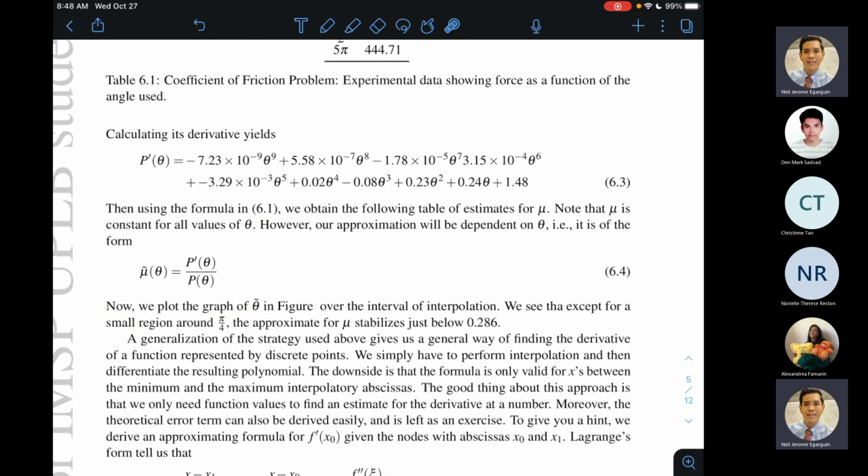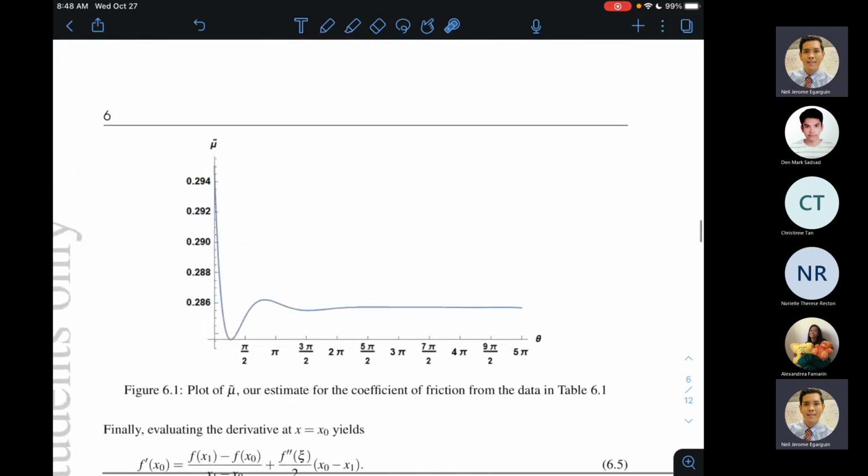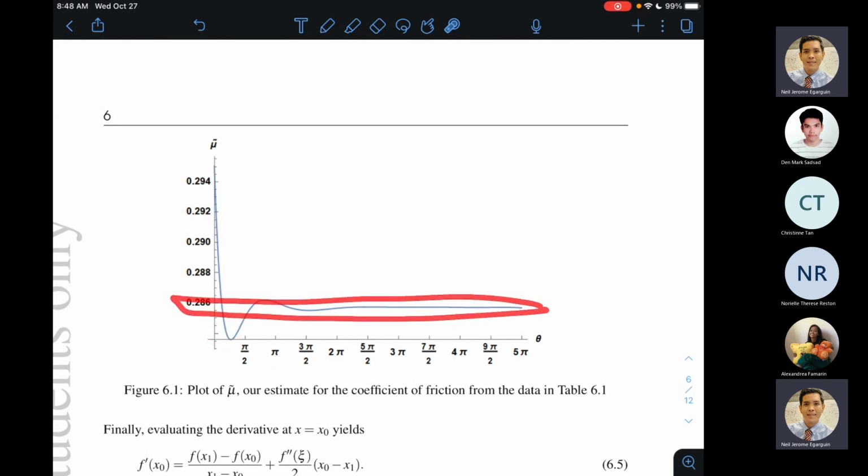So what we'll try to do here is to plot U tilde as a function of theta all over the interval 0 to 5 pi. Okay. Tapos ito yung graph niya, yung nasa figure 6.1. So you will see here that except at some region before pi over 2, mukhang nag-stabilize na yung value ni U tilde around